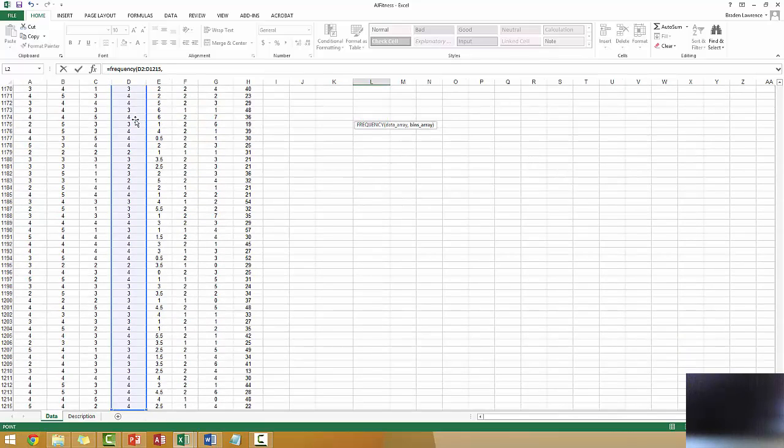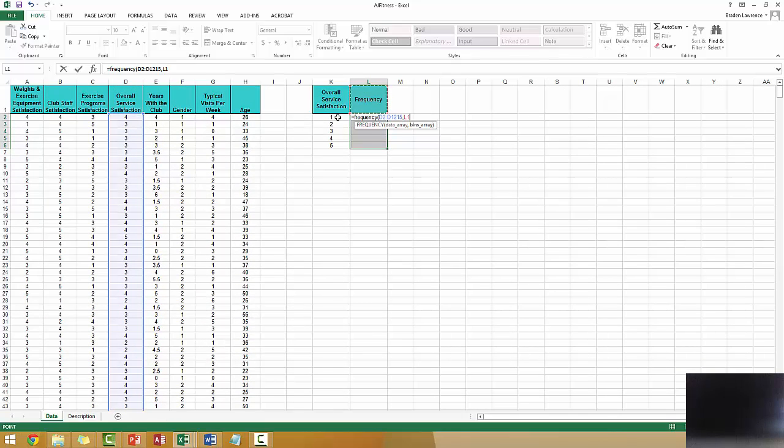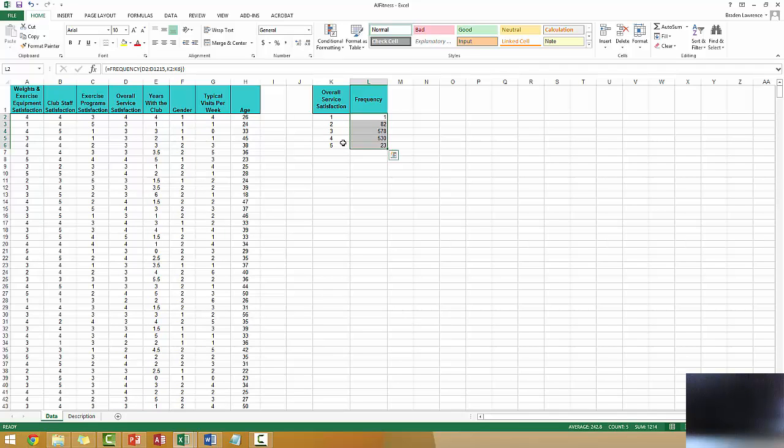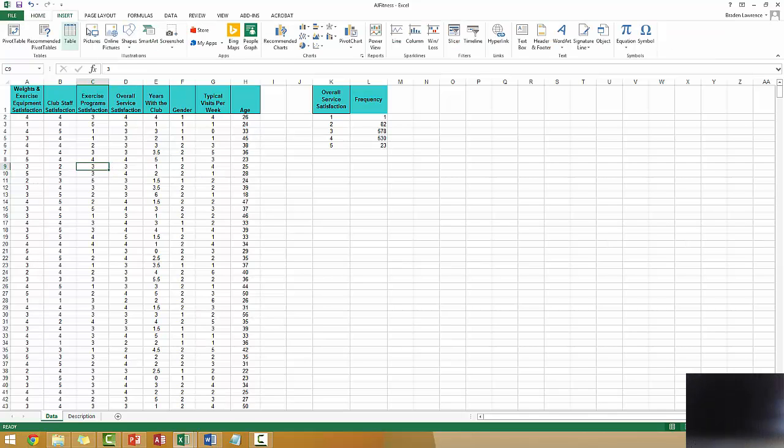We'll go up and find our bin array, which is K2 through K6. Close your parentheses, and all at once click Control-Shift-Enter. And as you can see, we now have a frequency count for each satisfaction level. Let's try another method using pivot tables to find the same result. Click anywhere within the data, it doesn't matter where, and go up to Insert, Pivot Table,